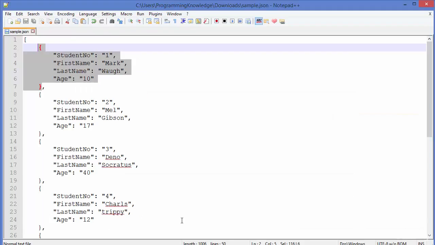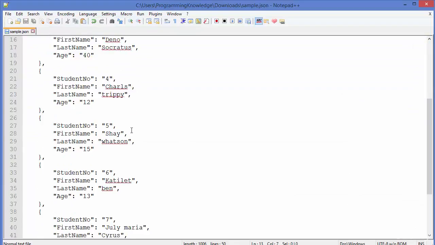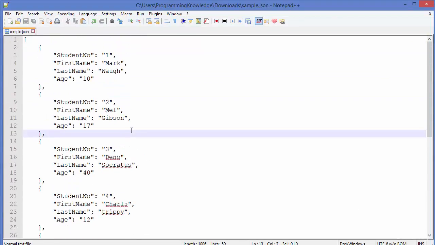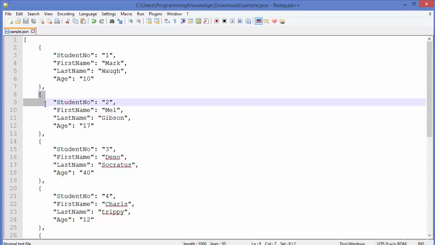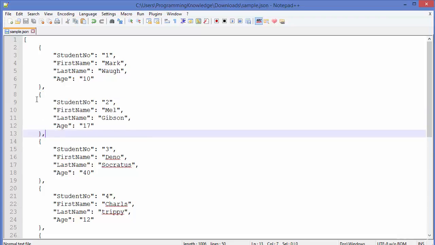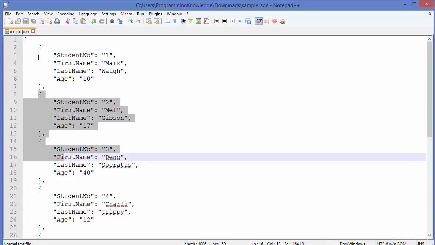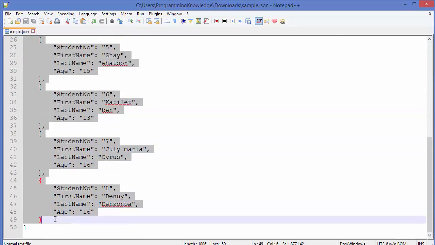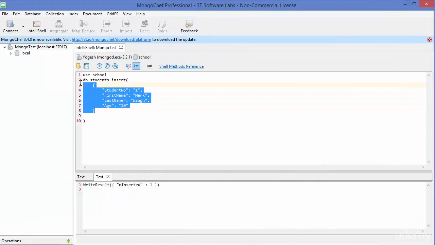So for example, in this JSON file we have multiple student data. Now to insert multiple student data, what we can do is we can just copy all these elements from here which are separated by comma. So just copy the second student and third student, because first student we have already created, right? So from the second student to the last student I'm going to copy these elements,